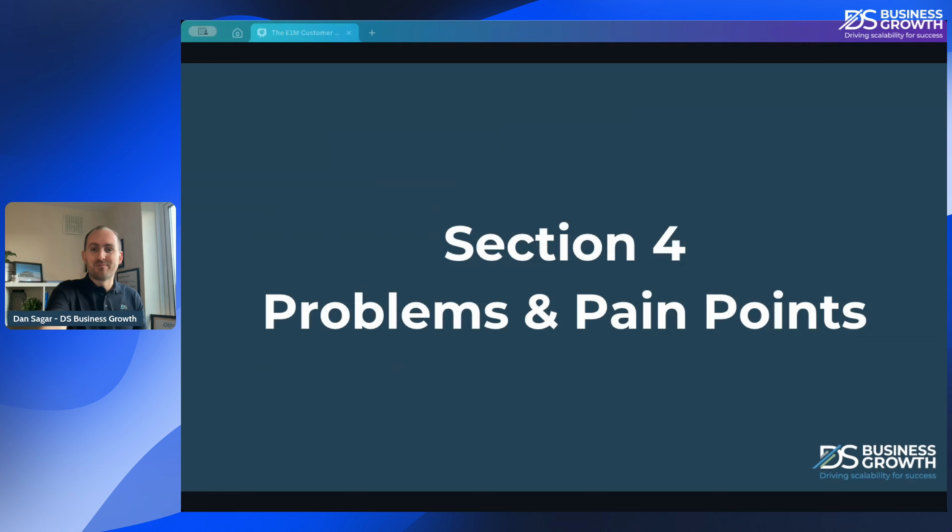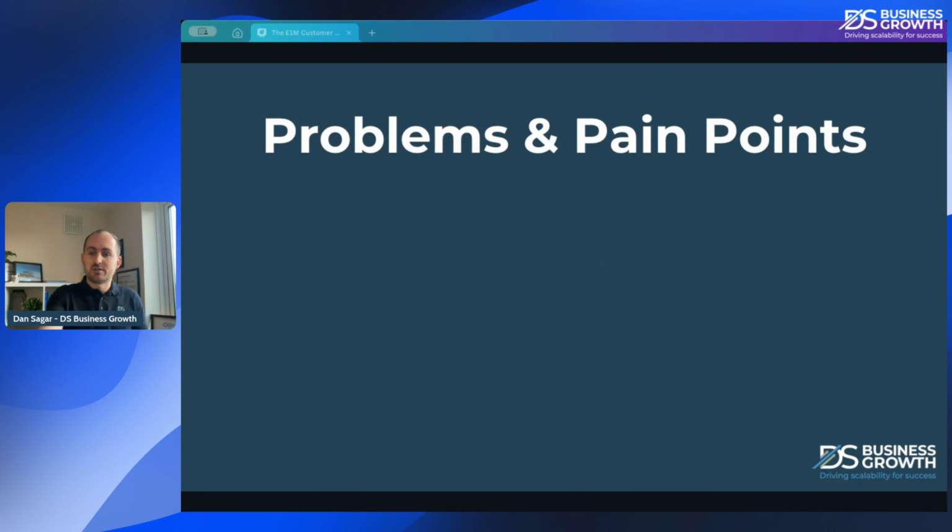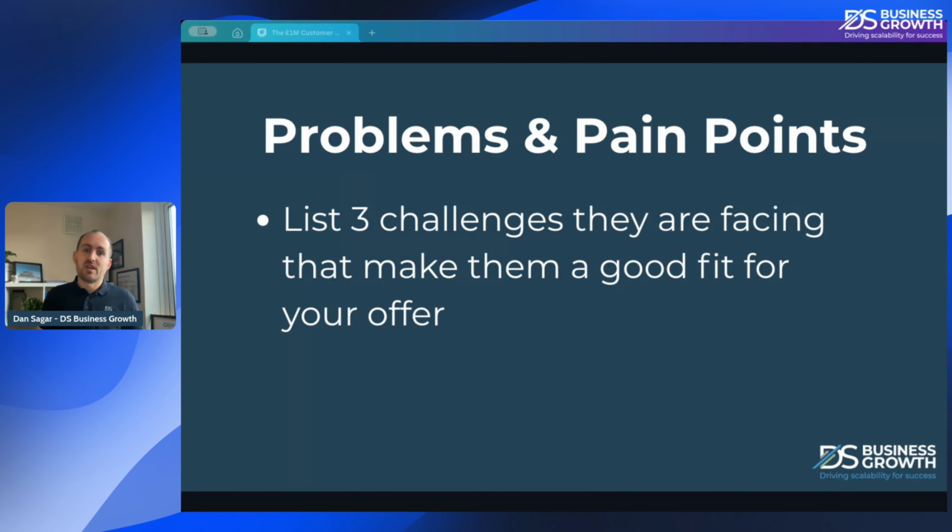Moving on now, section 4, and this is where we can start to link a few of the things that we've talked about together. We can bring these things together and start to think a little bit more deeply. So the problems and pain points. And the way I would structure to start thinking about this is starting off by listing 3 challenges that your ideal prospect or your ideal client is facing that make them a really good fit